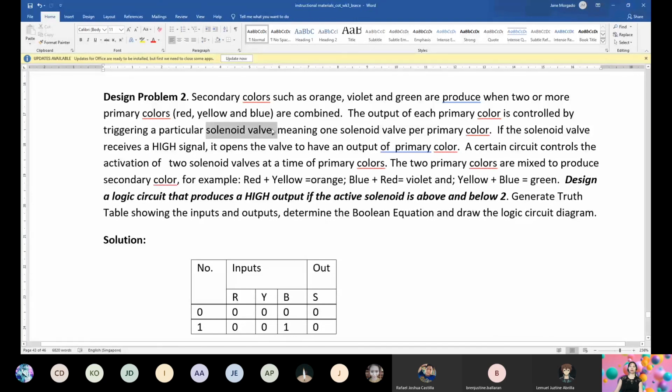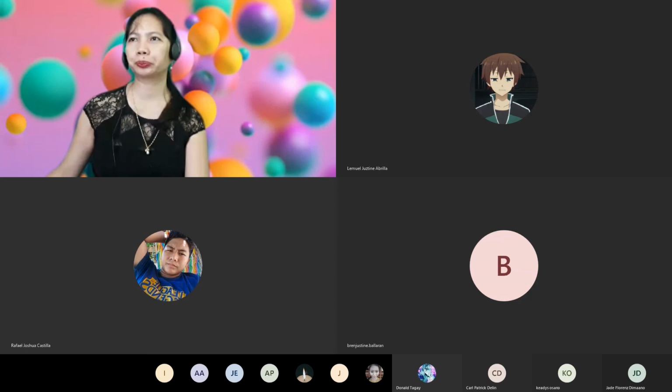Alam niyo yung solenoid bulb? Have you seen a solenoid valve? Hindi pa. Okay. Solenoid valve, it's like parang gripo na dekuryente. Okay? Ang mag-on and off sa kanya is kuryente, current. Ngayon, ang mag-control sa kanya is